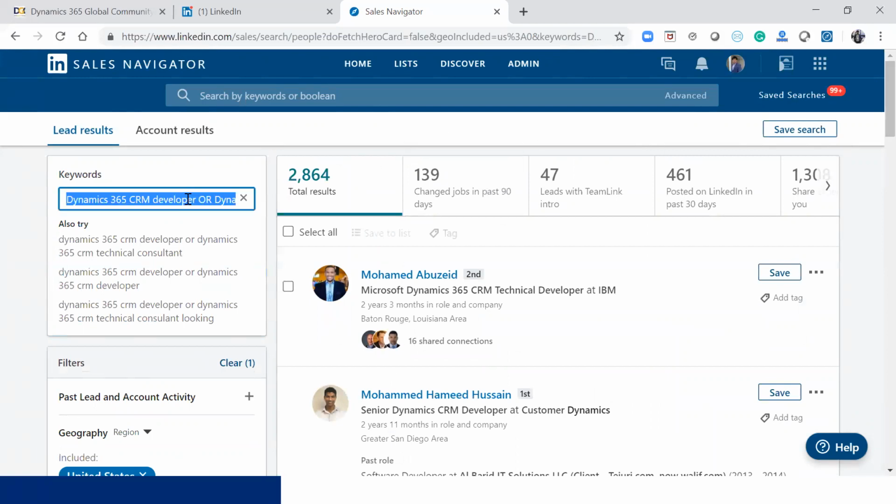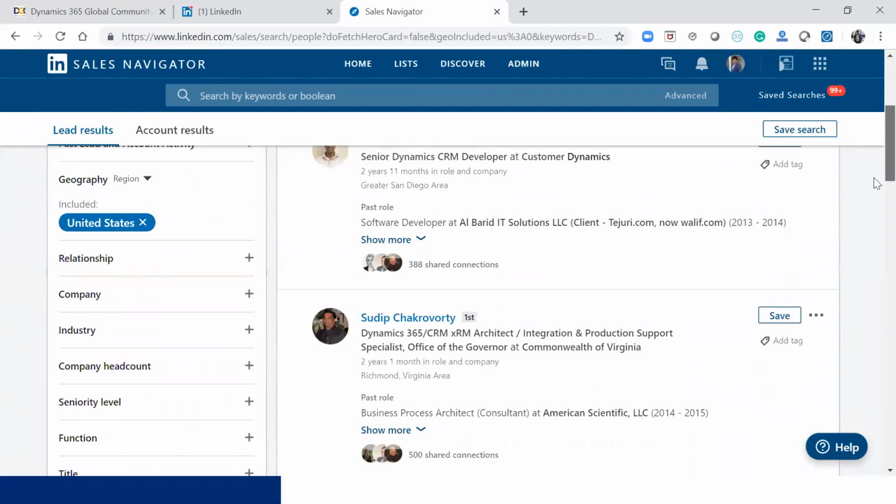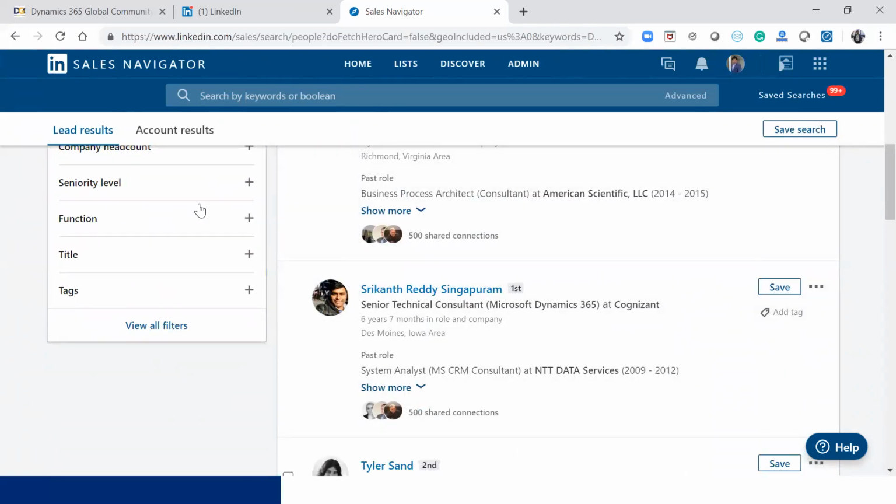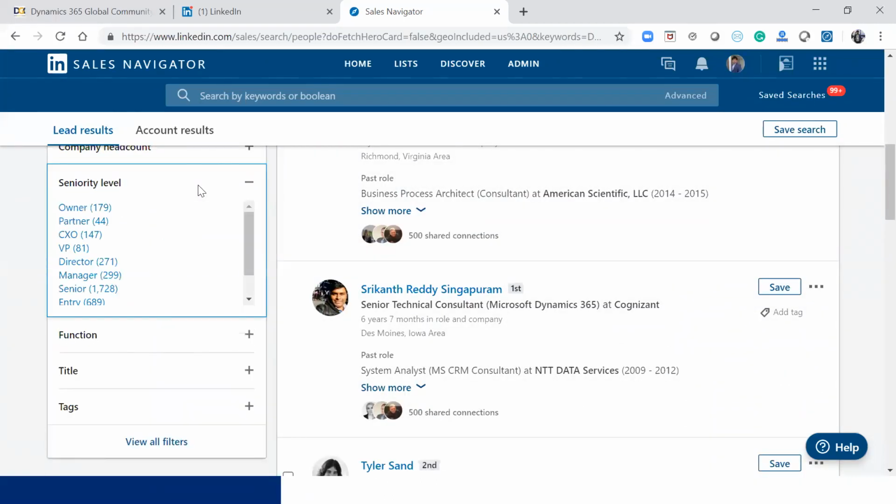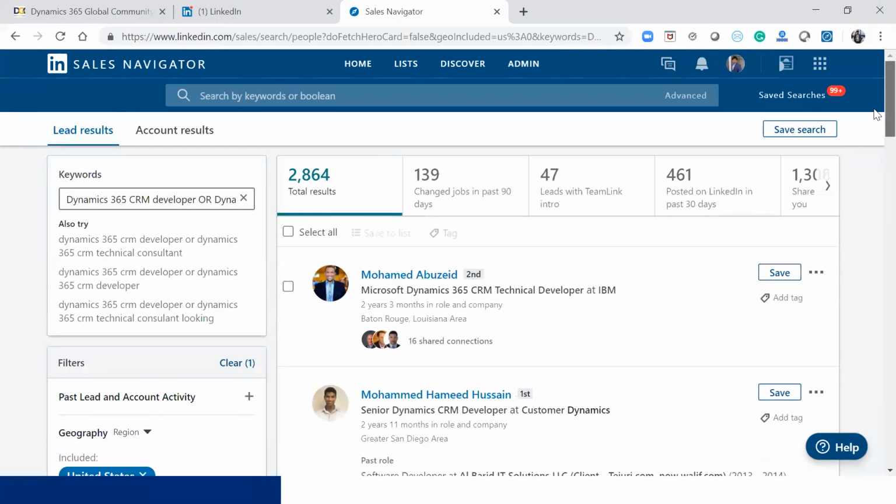condition. They have in their title either Dynamics 365 CRM technical developer or developer profiles, from the United States, and I can search with their job role, their seniority, etc. I can just search here. This is the kind of tool that we have here, and once you perform a search, I can save that